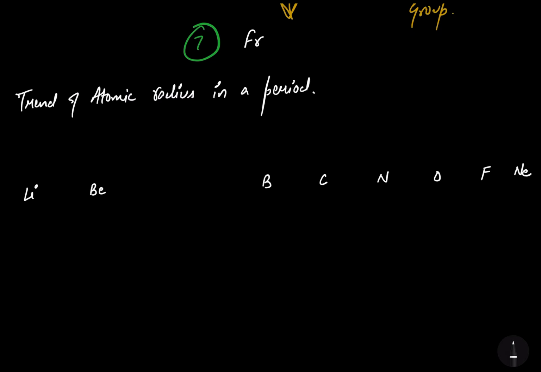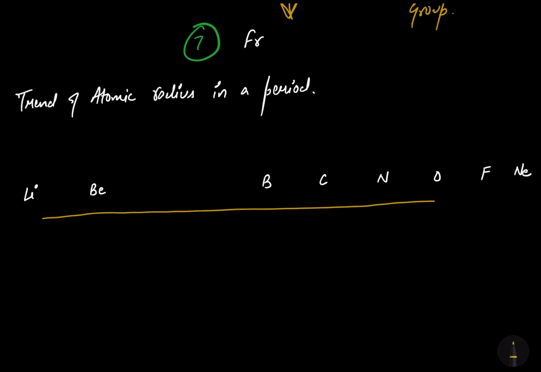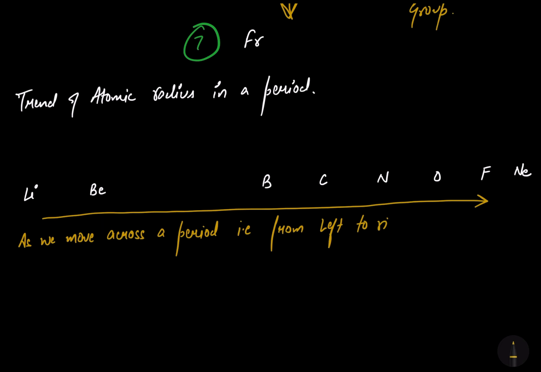So what will happen? As we move across a period, that is from left to right, then what will happen? The shell number remains the same,